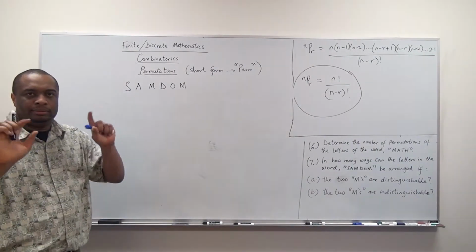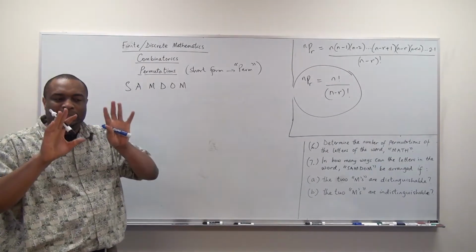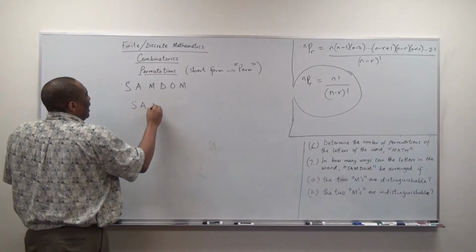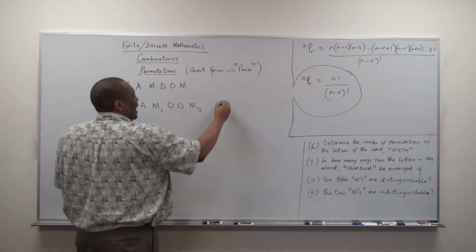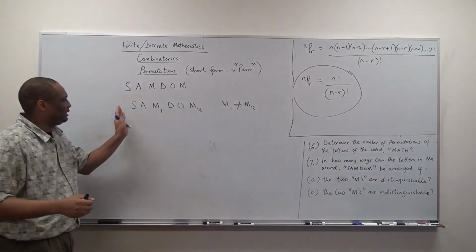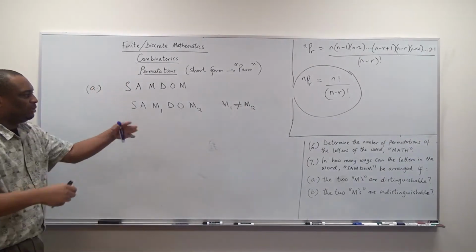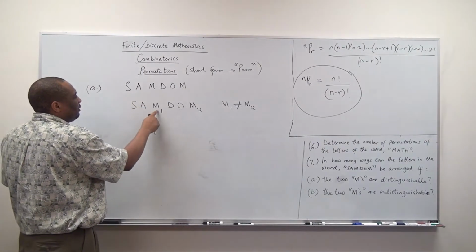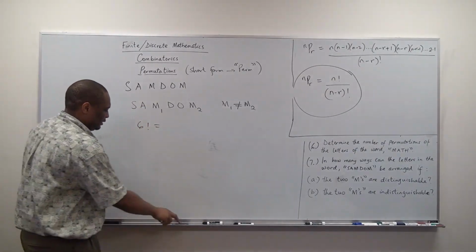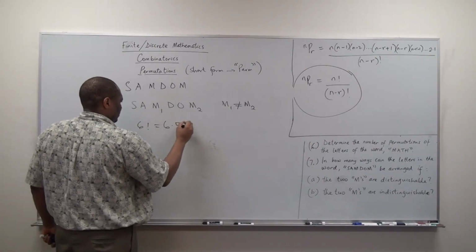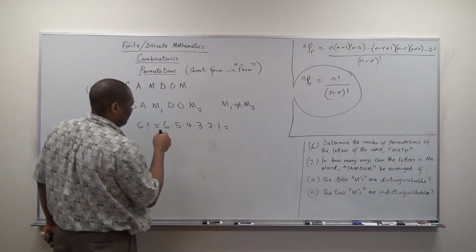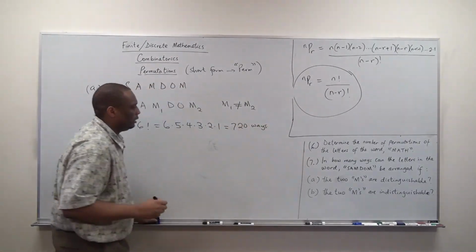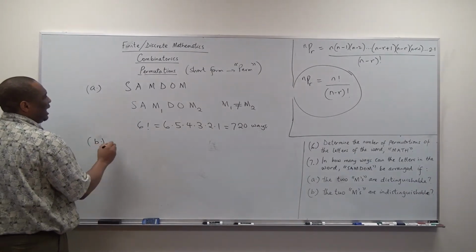Okay, if they are distinguishable, that means they're different, right? So we have M1 and M2, whereby M1 is not equal to M2. This is distinguishable, so this is answer A. How will you arrange it? Of course, you will just count 1, 2, 3, 4, 5, 6. It's 6 factorial. If you do it, 6 times 5 is 30 times 4, 120 times 3, 360 times 2, 720. I didn't even need to use my calculator. Okay, 720 ways. Now, what if they are indistinguishable